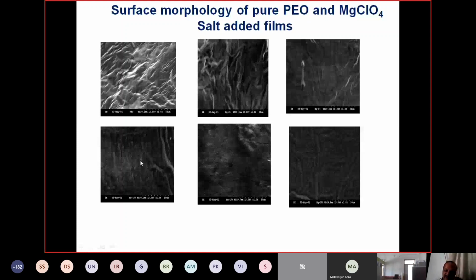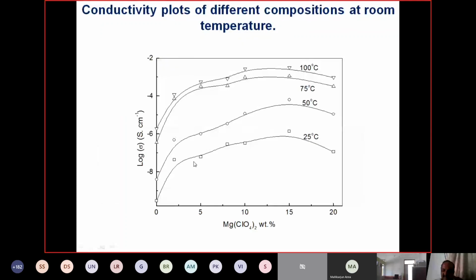You see here the conductivity for the above sample materials, with the content of 5%, etc. Conductivity is increasing, but at higher content, again the conductivity is decreasing. I will explain that later. So as we increase the salt, it disrupts the crystal nature and the conductivity increases, but at higher content the conductivity decreases again. I'll give a clear picture of this in the next slides. This is the temperature versus conductivity. You see, increasing the temperature, the conductivity is also increasing.